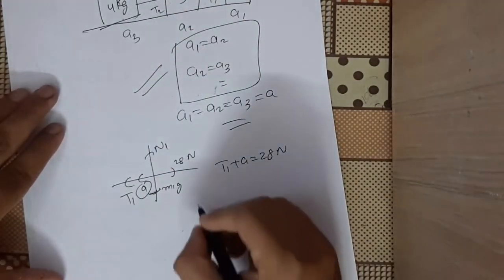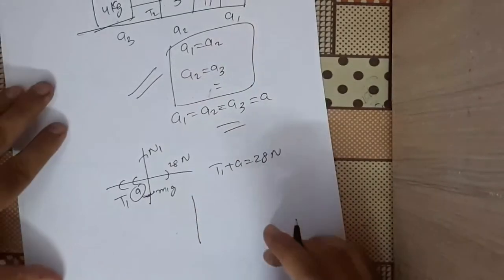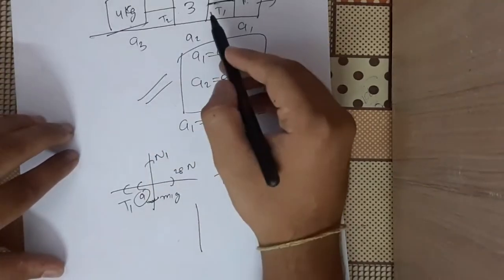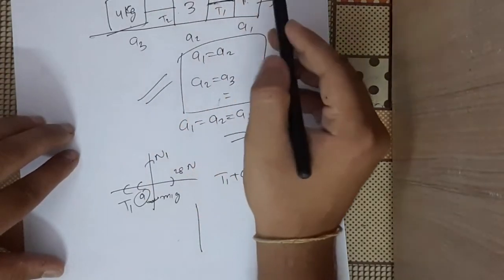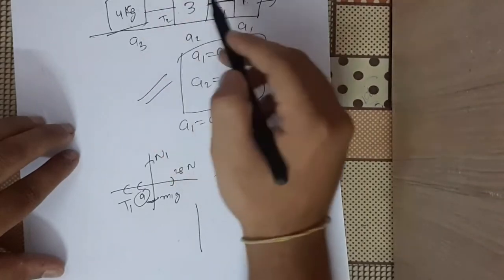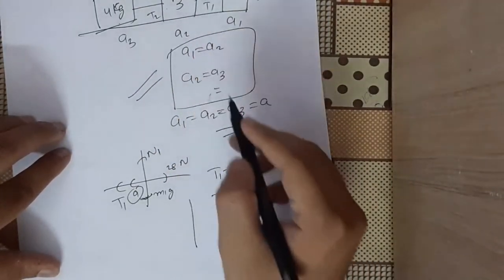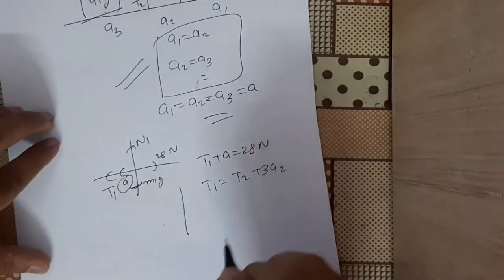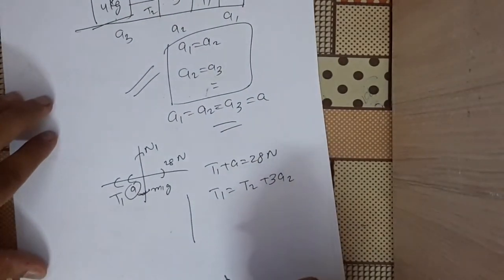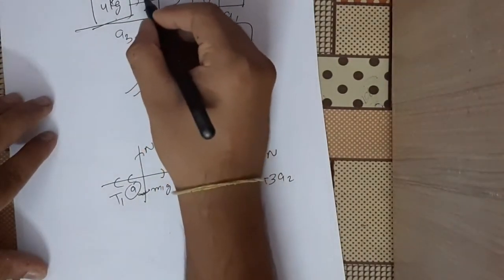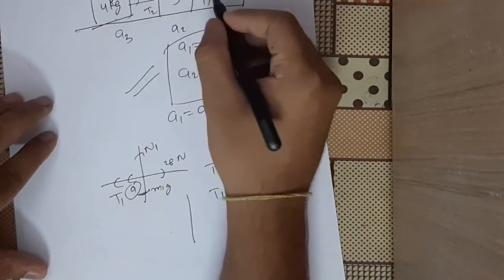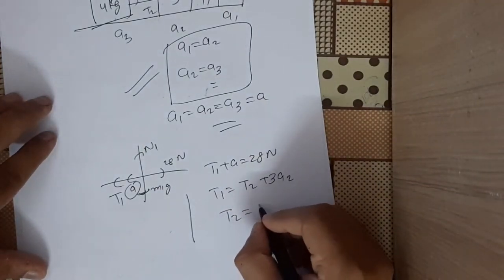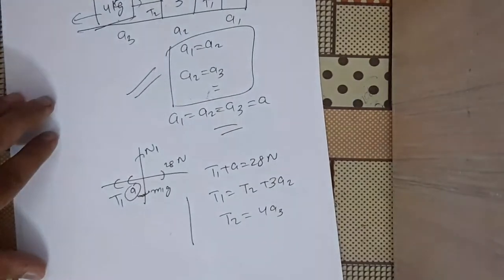Then for body 2, which is of 3 kg, you can write a similar equation. I'm not drawing the FBD. You can simply see the situation and try to write the equation for it. You can directly see that T1 is forward and T2 is backwards, and the 3A2 force will also be backwards. So you can write that the forward force T1 should be equal to the backward force T2 plus 3A2. Okay, so this is one equation. And for the 4 kg block, there is a T2 force. This is one rope, so it will be T2, and this is one rope, so it will be T1. So for the 4 kg block, T2 will be equal to 4A3, which is the pseudo force in the backward direction.